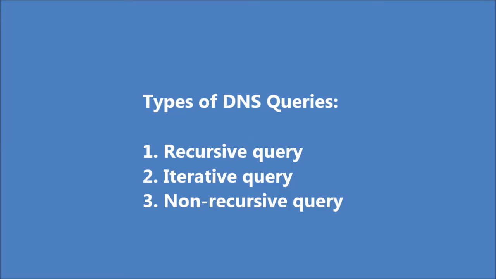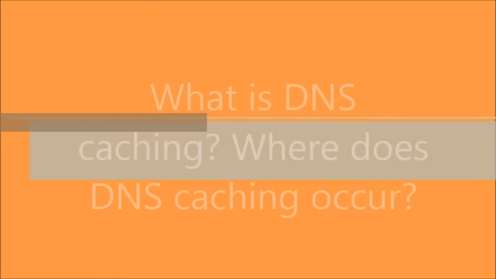What are the types of DNS queries? In a typical DNS lookup, 3 types of queries occur. Number 1, recursive query. Number 2, iterative query. And number 3, non-recursive query. By using a combination of these queries, an optimized process for DNS resolution can result in a reduction of distance traveled. In an ideal situation, cached record data will be available, allowing a DNS name server to return a non-recursive query.